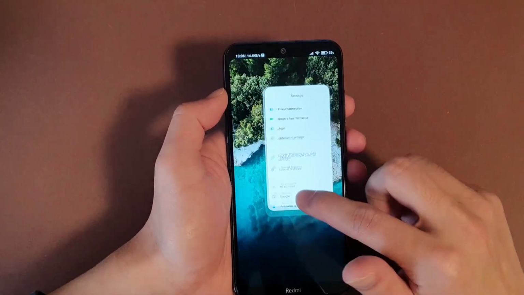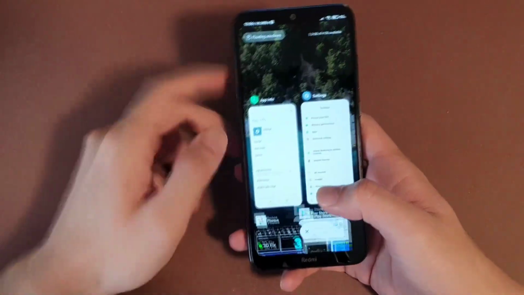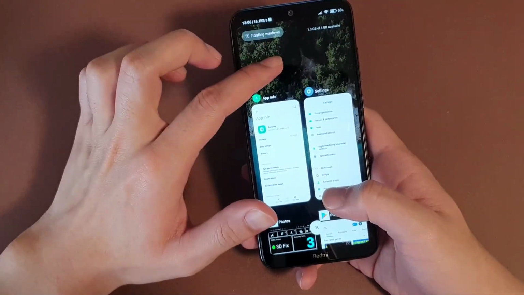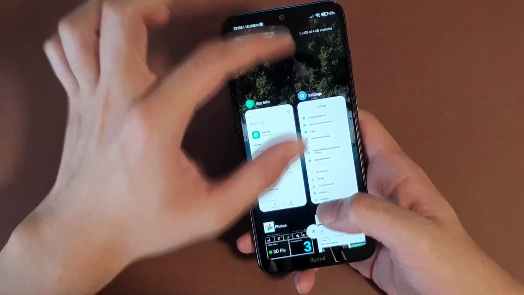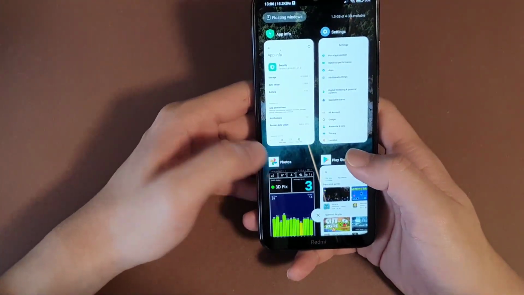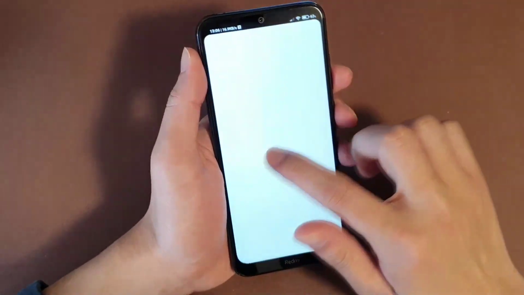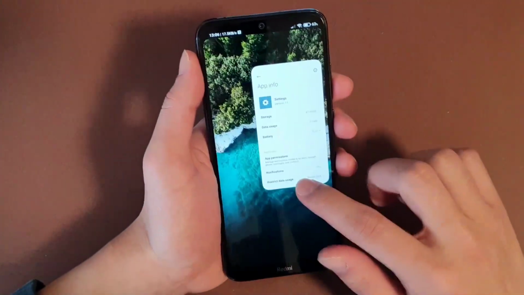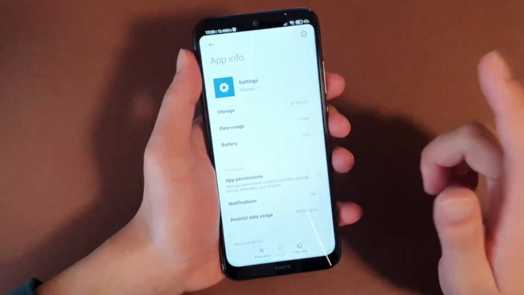And plus one thing is in MIUI 11, when I click the little icon, I have three different options: close or lock the app and make a multi-window. But here, when I click it, it just goes to app info. For example, photos, it goes to app info. So I tried many ways to make it a dual screen or lock the app. I cannot find a way to do the dual screen, but the lock the app is